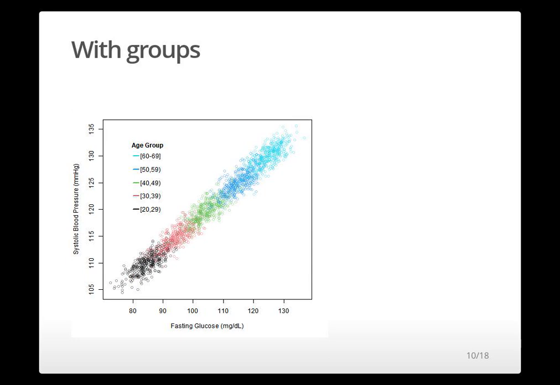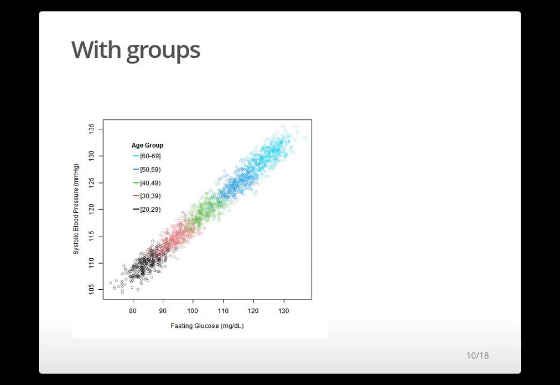We see that the 5 clusters of points are at different locations in this graph. This figure shows systolic blood pressure and serum glucose are associated with age. Systolic blood pressure is associated with age. For example, the cluster of the light blue points are at a higher position than the cluster of blue points, indicating that those in the 60s tend to have higher blood pressure than those in the 50s. The cluster of the green points are at a higher position than the cluster of the red points, indicating those in the 40s tend to have higher blood pressure than those in the 30s.